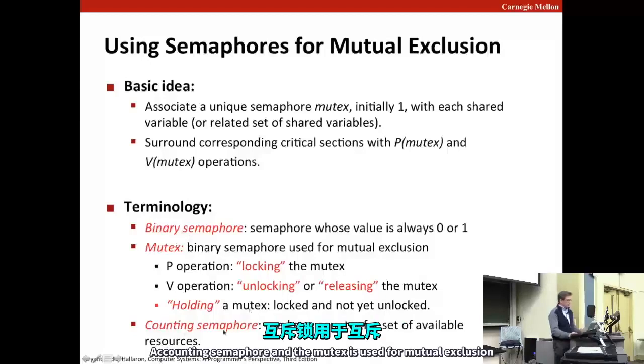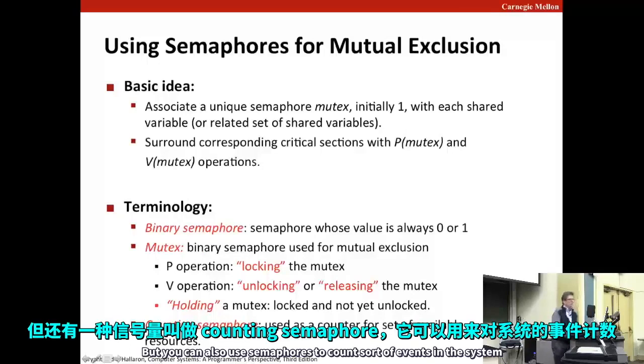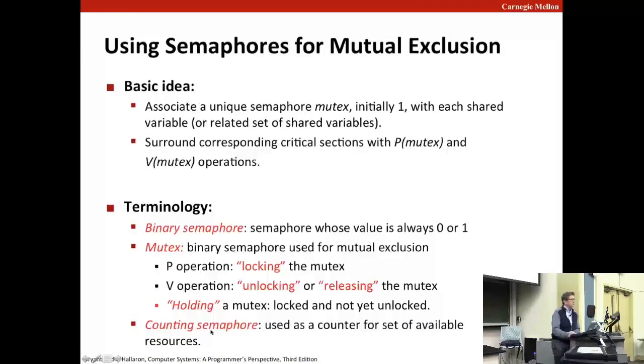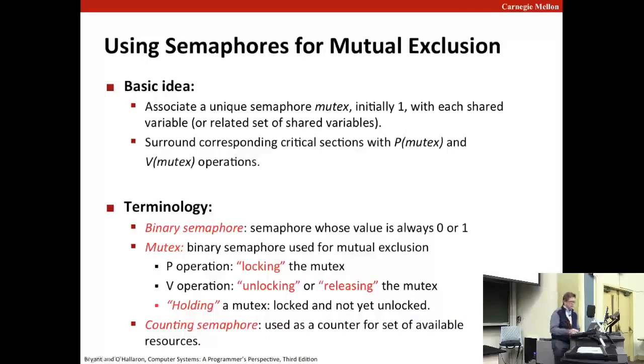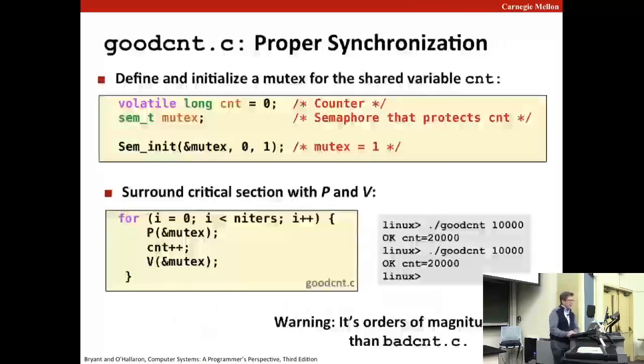A counting semaphore is different. The mutex is used for mutual exclusion, but you can also use semaphores to count events in the system. And oftentimes for those, counting semaphores have values that are greater than 1. Okay. So for mutual exclusion,